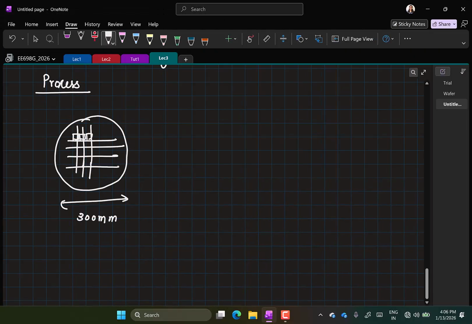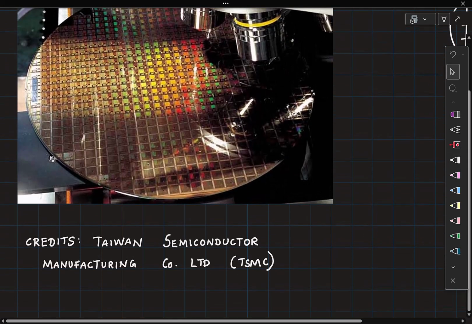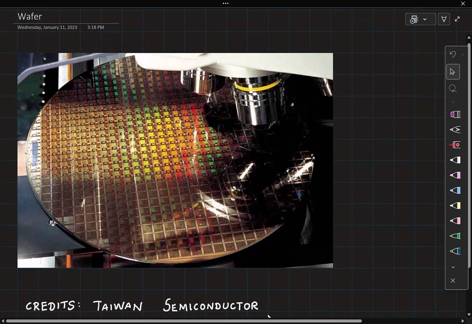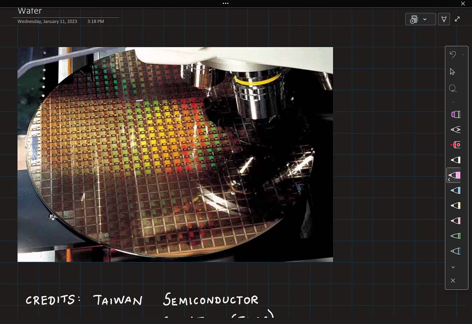So let me show you an image of a wafer. This has been picked up from the TSMC website, right? And if you look closely, you can almost identify the individual IC here, right? You can see that the same pattern has been repeated over and over again. So these are all same ICs. It gets fabricated, then they will cut the die along these lines and then give you the individual ICs which you can test separately.